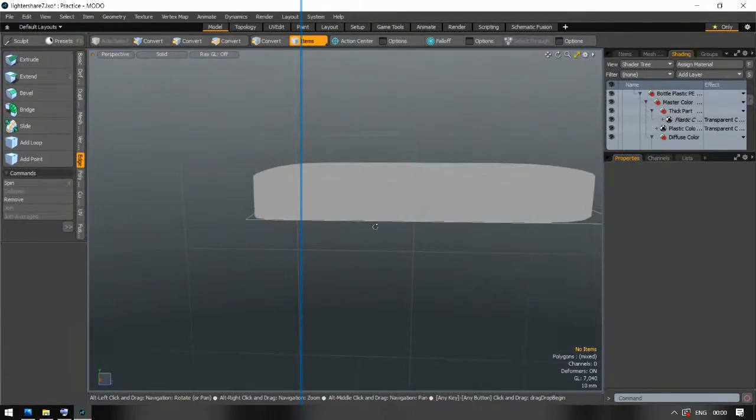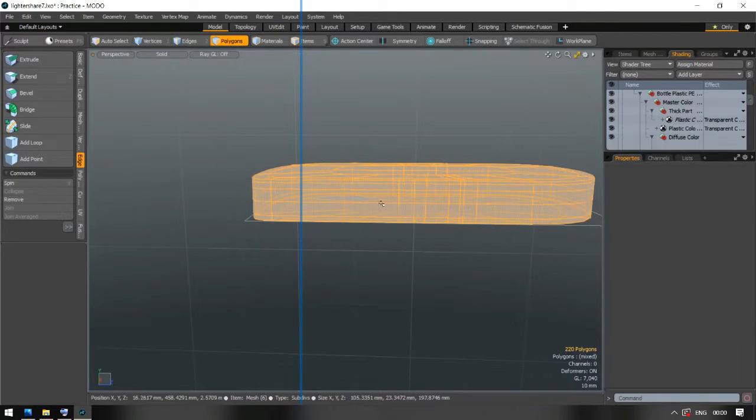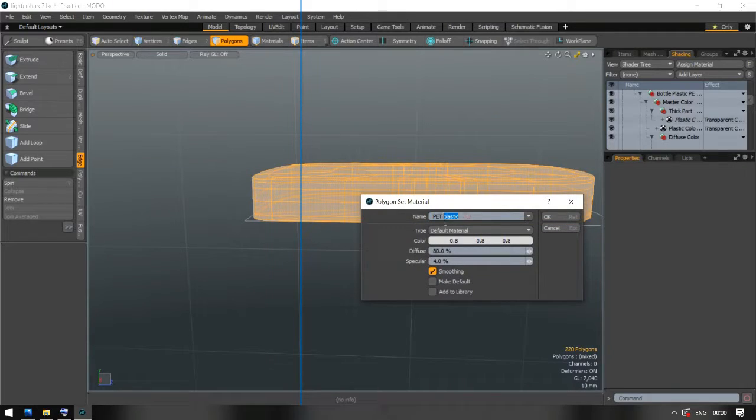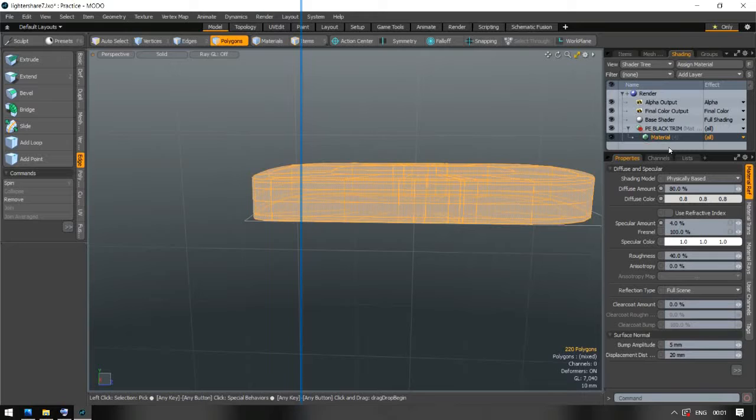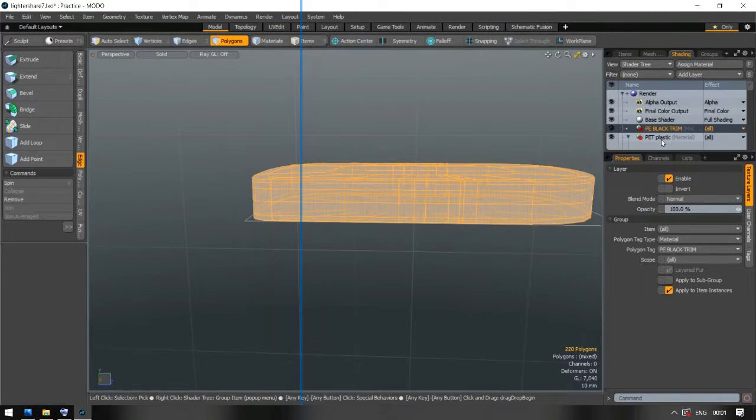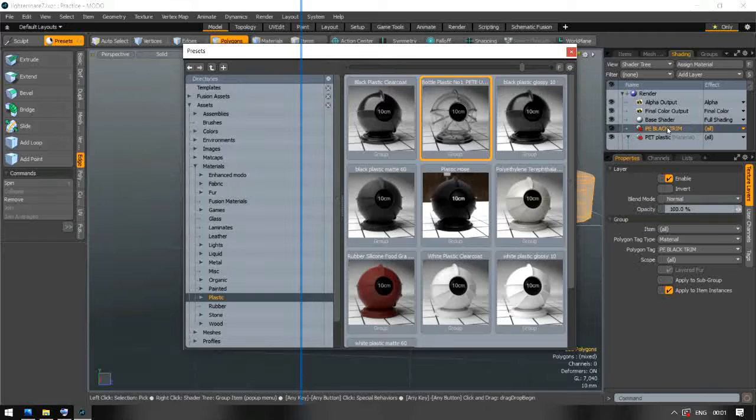We've got this shape. So let's immediately shade or materialize this thing. Press 3 to select polygons, double click any one, M, and we've got a PE black trim, any name, whichever name you choose. So just delete that default material it puts in there. Click on the material group, and